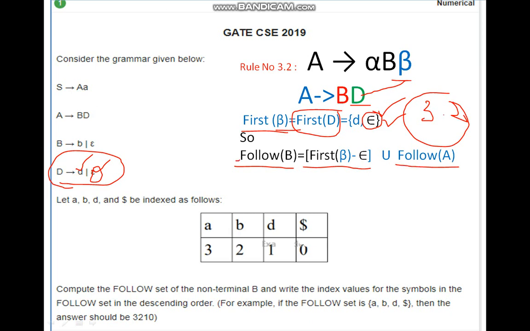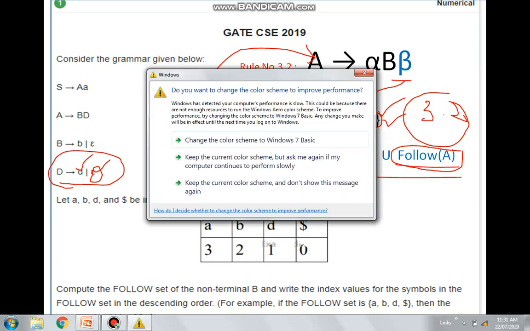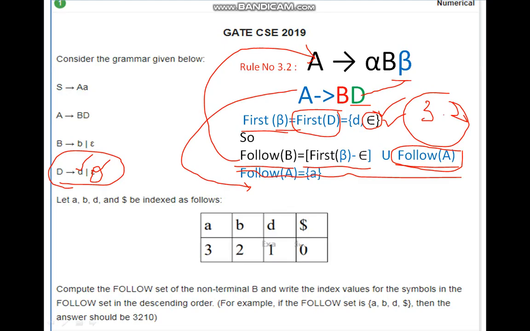So we are applying this rule for this production rule. Same way we will apply this rule for this one. So what would be here? If you see carefully, first of all you need to identify follow of A, because this is a known term here. So you can clearly see what is A here at the right hand side. This is only A here at the right hand side of the production rule and nowhere else. So this is very simple.